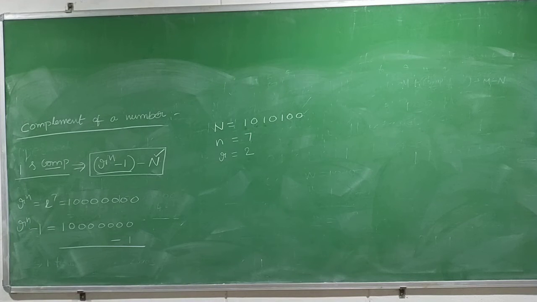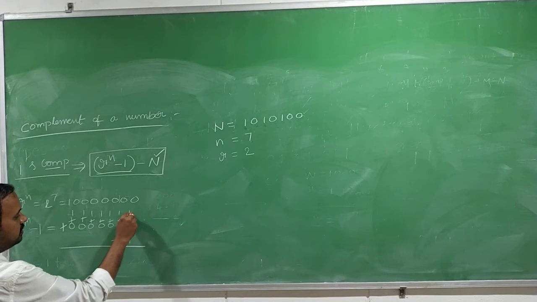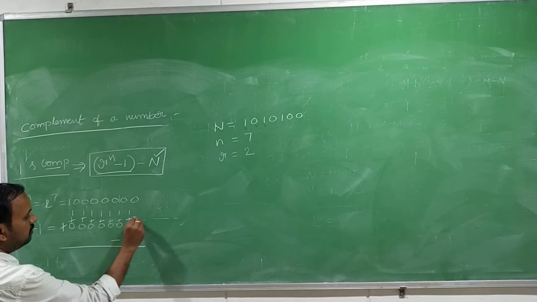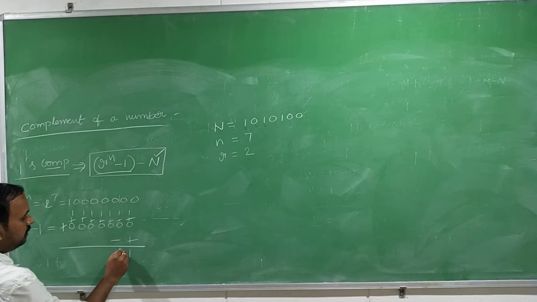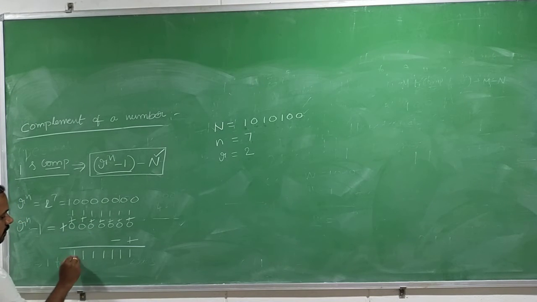When you do this, what will you get here? By simple binary subtraction, you cannot subtract 0 minus 1, so you need to take a borrow. The borrow you can get only from this 1, because the remaining are all zeros. I'm simply doing binary subtraction. If you don't know how I am doing it, please watch the previous lecture. So now this 1 will be cancelled out, and you get 1 here, and here, 1, 1, and 1. So you get r power n minus 1 as 7 ones once you have done it.